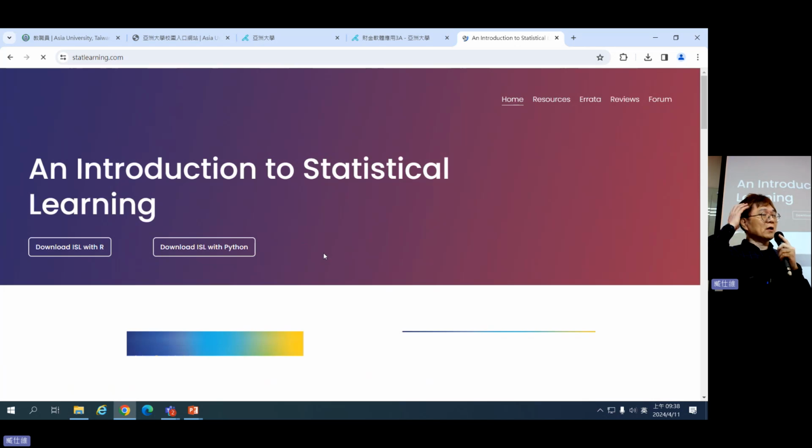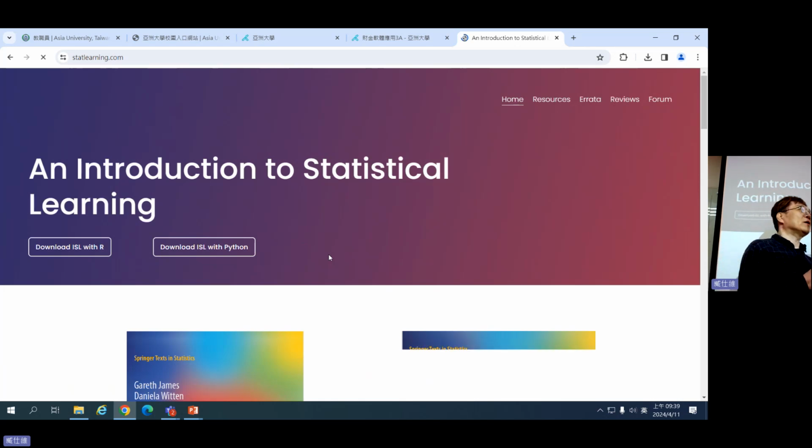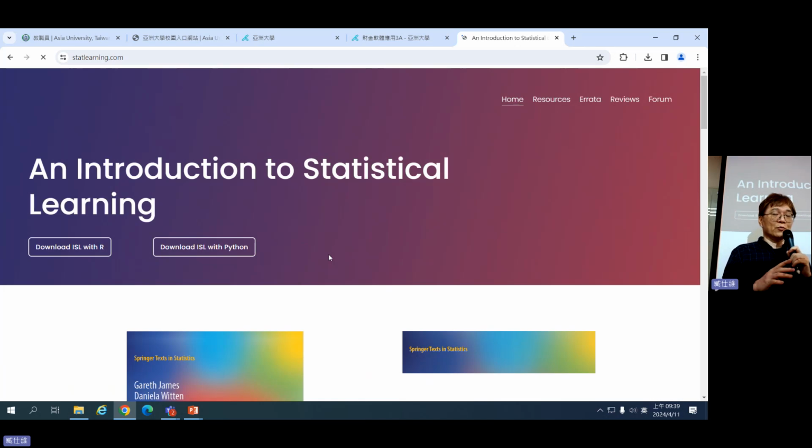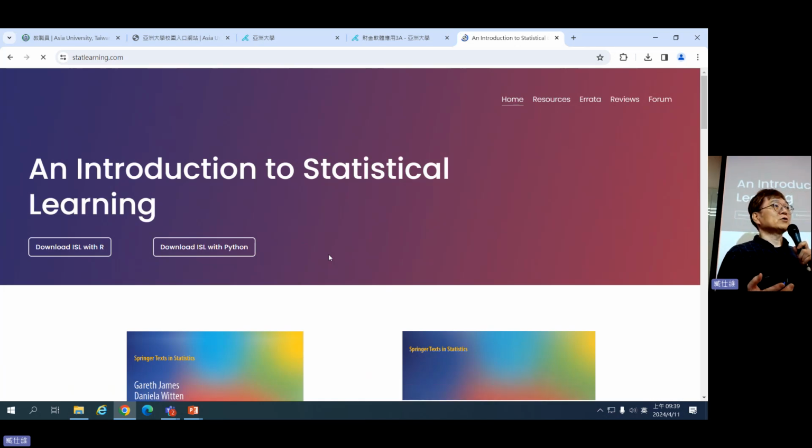Similarly, in my portfolio course on Monday, some student asked me if he can use Python to do the homework. I said no problem. If you are comfortable with using Python, you can use Python to do the homework or test. No problem. But I myself am more familiar with R, so I'm going to follow R and give you R lectures.